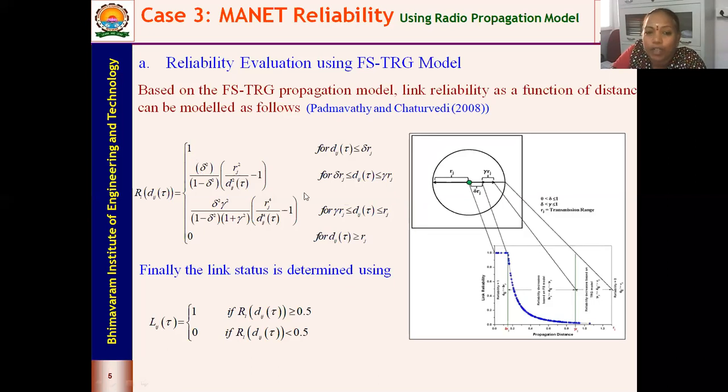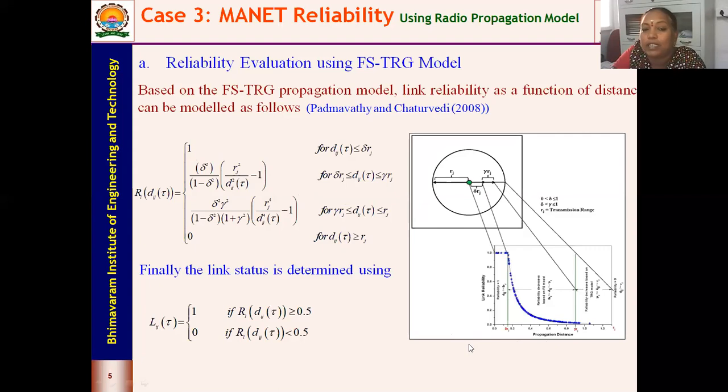So based upon these equations, this helps you in determining this part of the signal. And last, when it is between gamma Rj and Rj, that is when you're considering the entire radius, you get some reliability. And beyond Rj, if the node is completely out of the transmission range of the other nodes, then no link is going to exist.